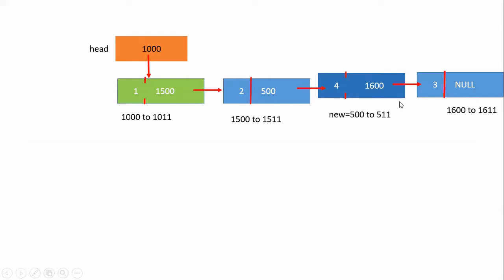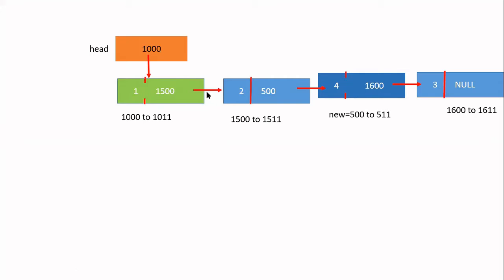I have totally 4 nodes. I want to delete this green color node because this is deletion at the beginning. Whatever is available as a first node, that should be deleted. If you see this diagram, I want to delete this node. If I delete this node, just a minute, this pointer and this pointer I have to change.